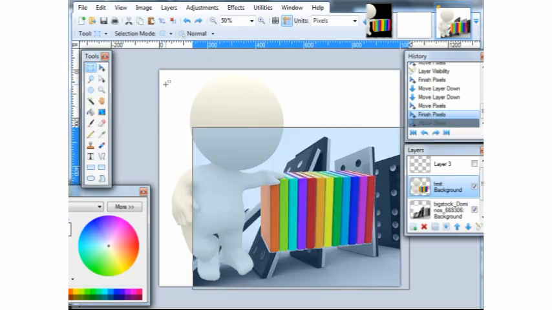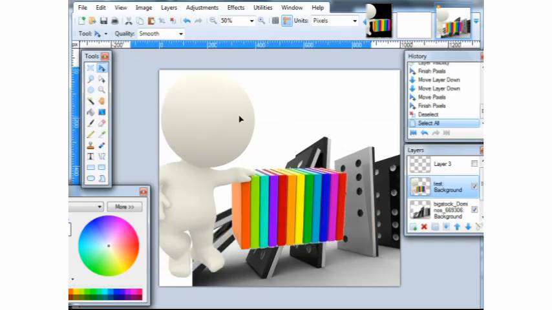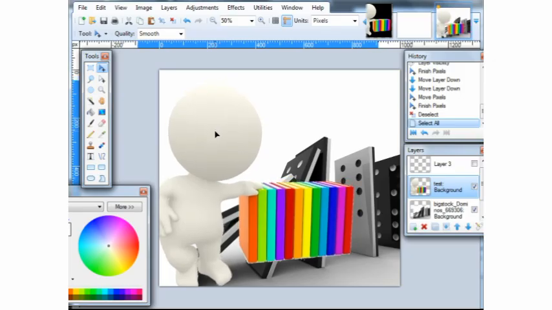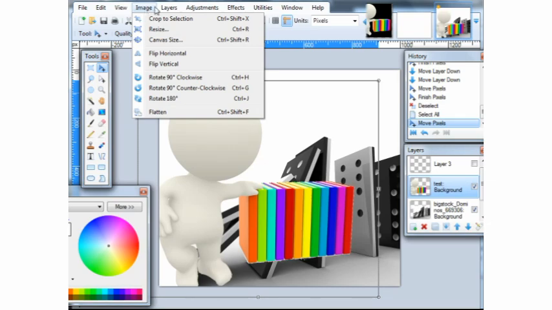And remember to select the selection box and then go back here, and then you can move them around. So one thing I could do is I could even tweak it so that it looks like he's tipping over these dominoes. And to do that, as long as your layer is selected, then I can go in, let's see, I can zoom in,